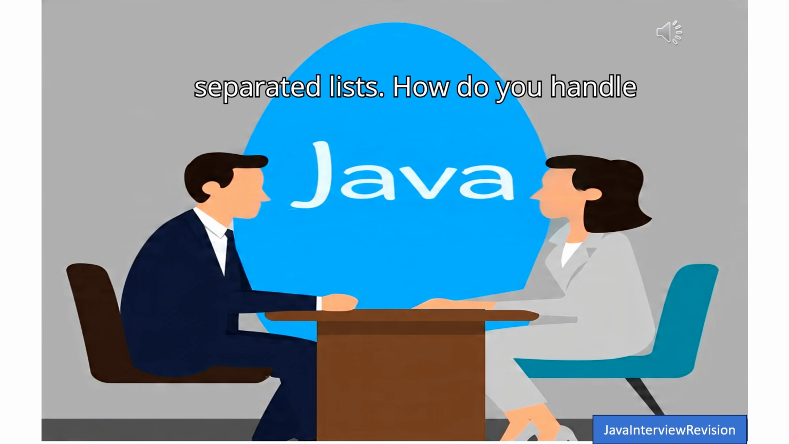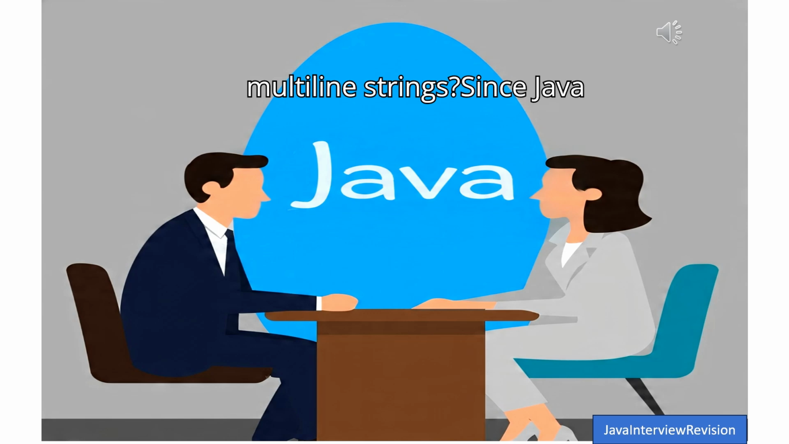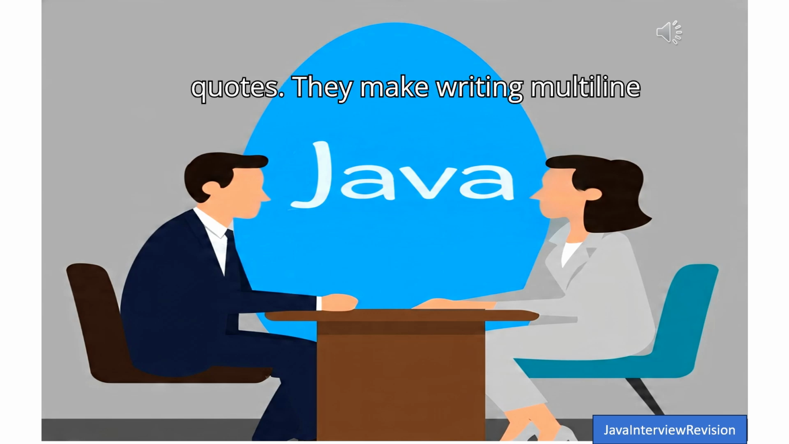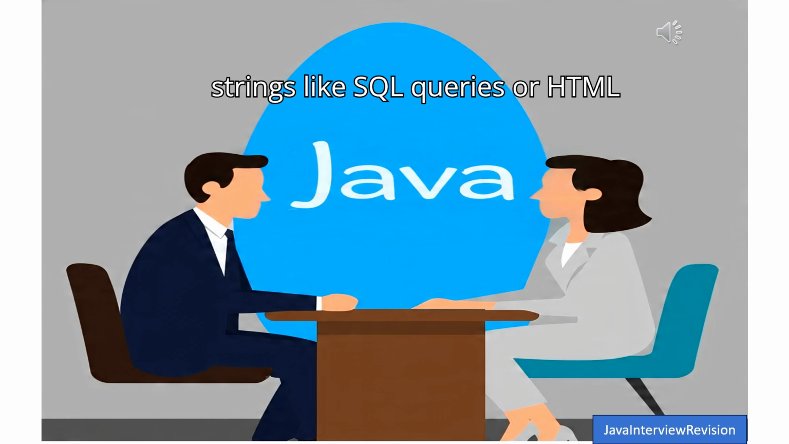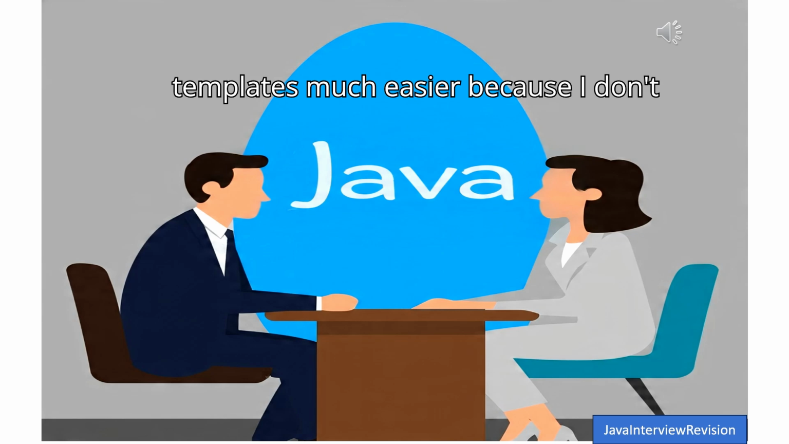How do you handle multi-line strings? Since Java 15, I use text blocks with triple quotes. They make writing multi-line strings like SQL queries or HTML templates much easier because I don't need to escape new